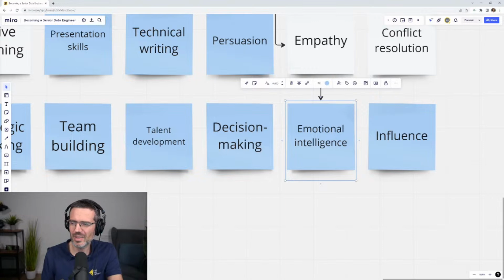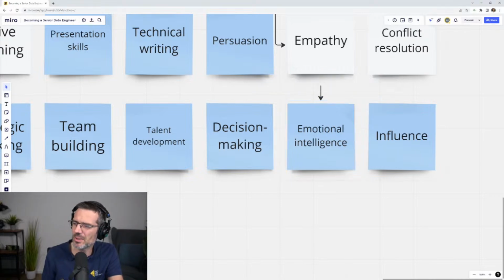So you always have the hotheads in the company or in the team who maybe are a bit difficult, so you need to try to tame the emotions. And influence here. Engineers should be able to influence stakeholders to adopt engineering best practices, support initiatives, and align with the organization's goals. All right.